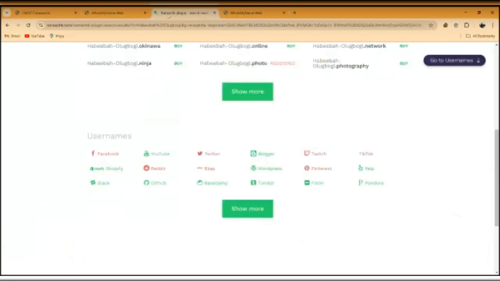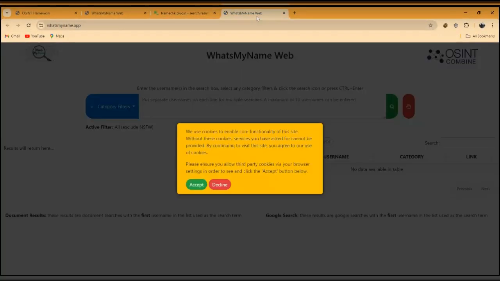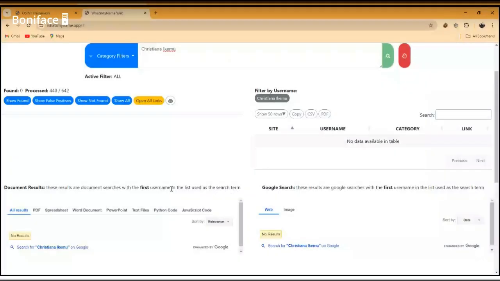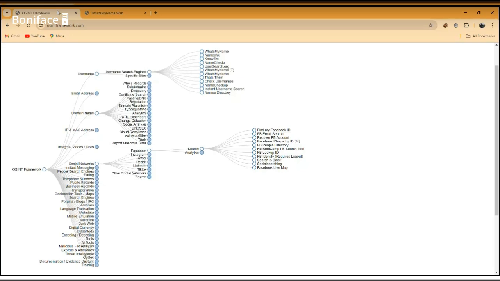So I'm going to close the remaining. I'll close this. So right about now, by the time this one opens, I'll just talk about it. Then we move to another very important OSINT tool. Like I said, Christiana will explain Google Dorking. I'll talk about Shodan.